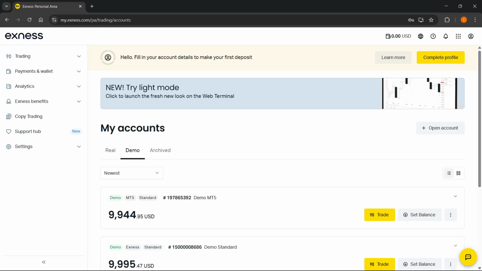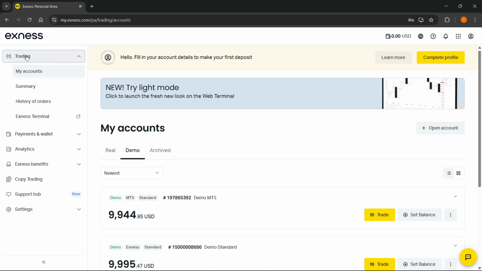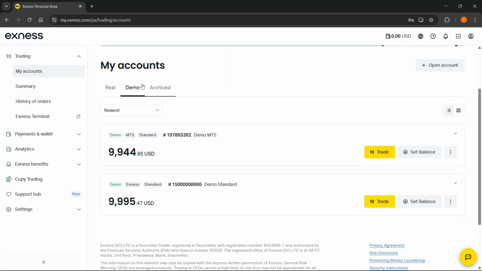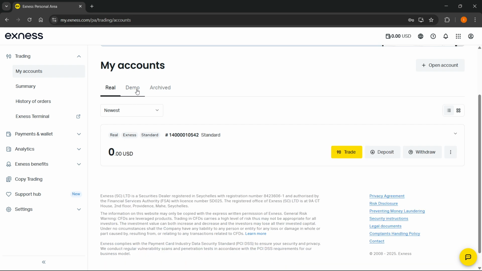In this video, I'm going to show you how to trade in Exness. Now, the first thing you want to do is sign into your account, and then over here on your account dashboard, hit the trading button top left, and then click on My Accounts. Now, in here, inside your accounts, you'll be able to sort between your real and your demo